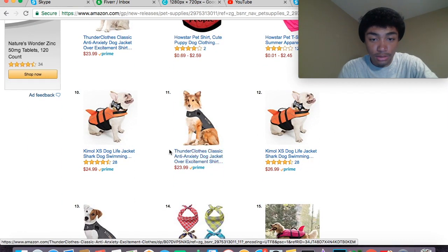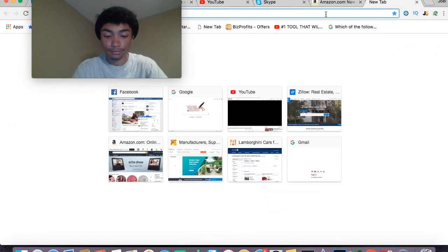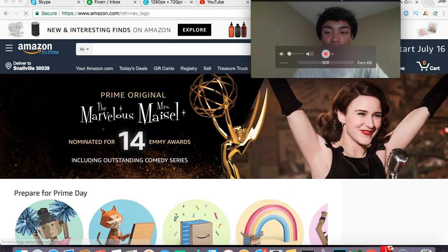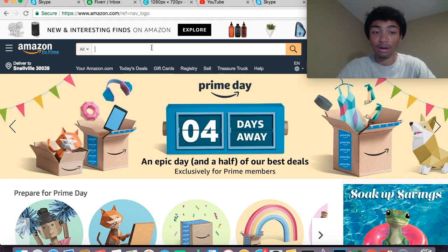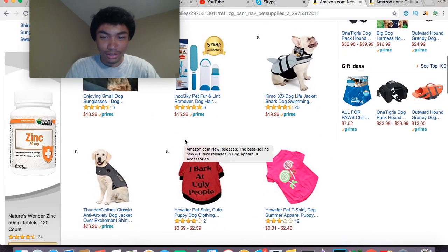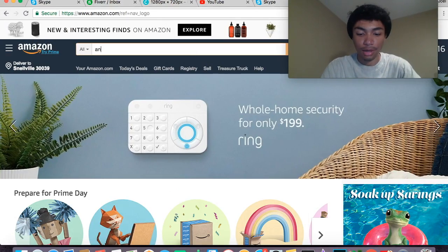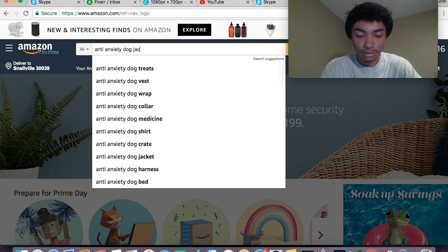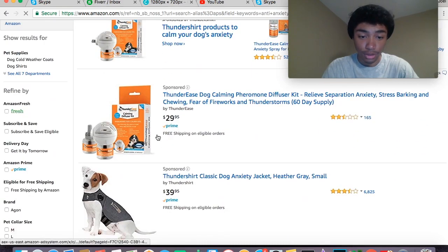Let's see, anti-anxiety. An anti-anxiety dog jacket. Let's look that up real quick, because that's another thing with these products. Whenever you find Amazon products, the ones that are going to be good are products that people don't think of off the top of their head. Like, why would someone need an anxiety jacket for their dog? So what was it again? Anti-anxiety dog jacket. Now I usually don't like to have 4 keywords on here. I'd rather have at most 3, but